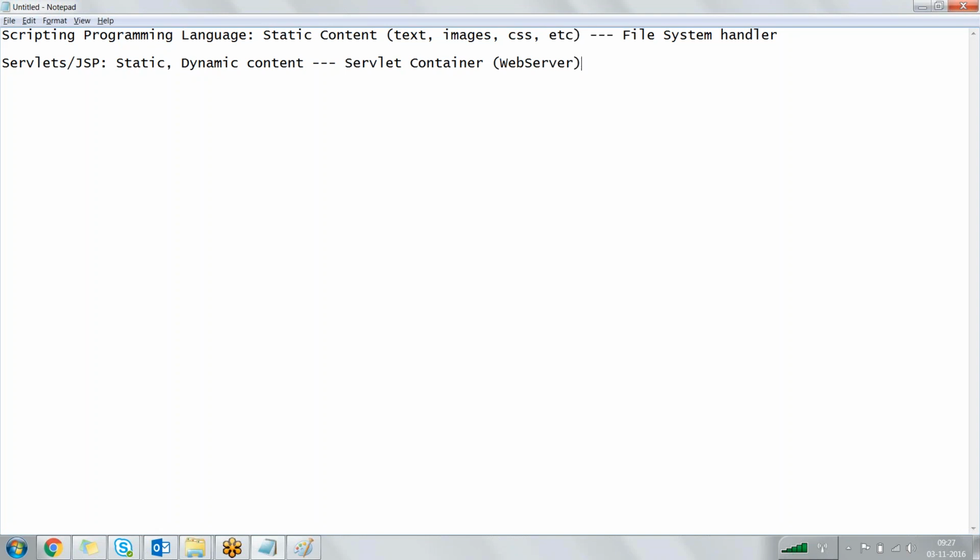Tomcat had some limited features, and before it got converted into a full-fledged application server, people used to call Tomcat a web server with a servlet container inside. A couple of people still prefer to call Tomcat a web server with a servlet container, but whether to call it a web server or an application server is a point of argument. But since we are not yet into